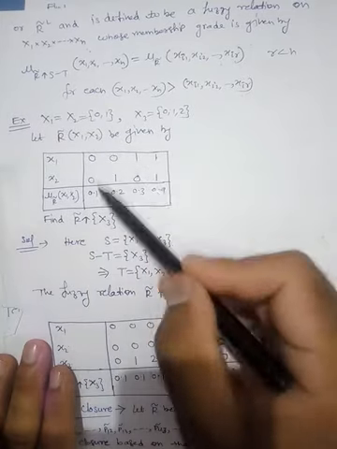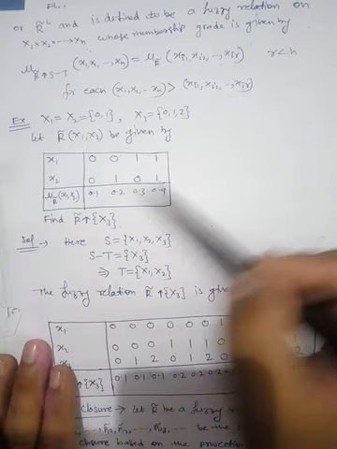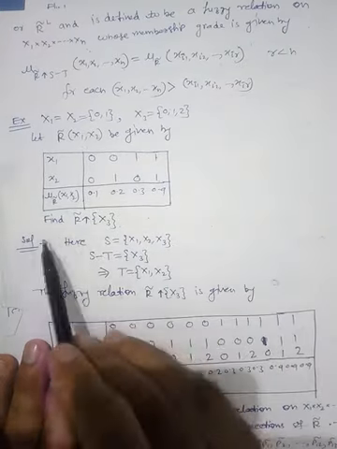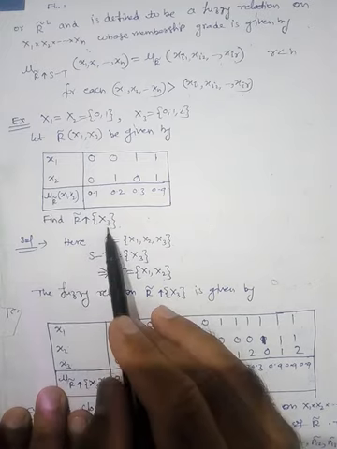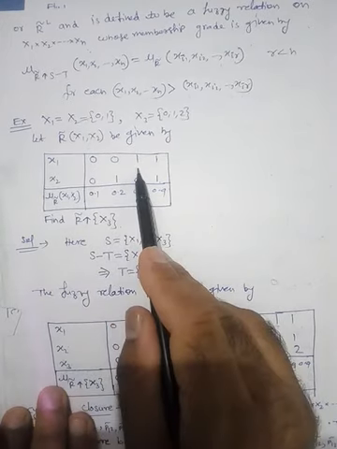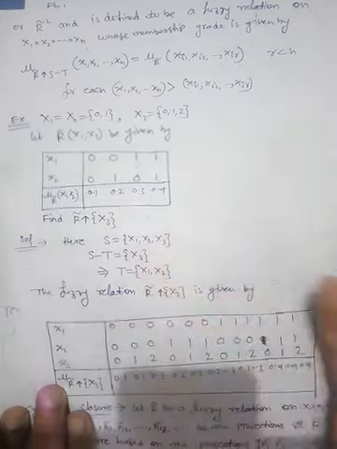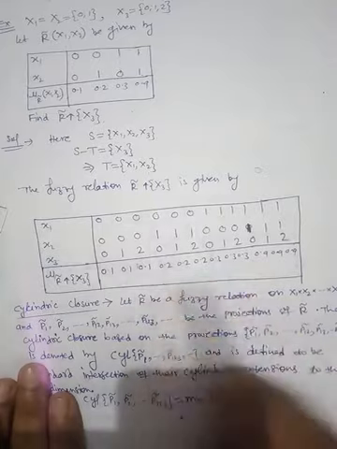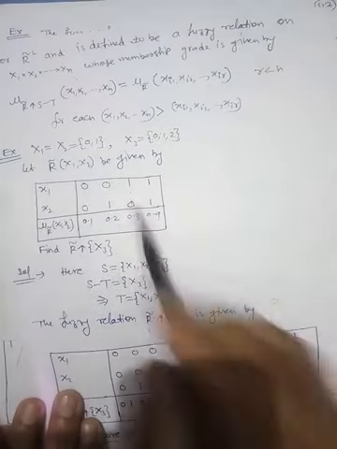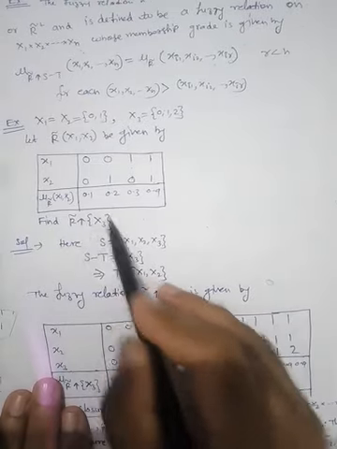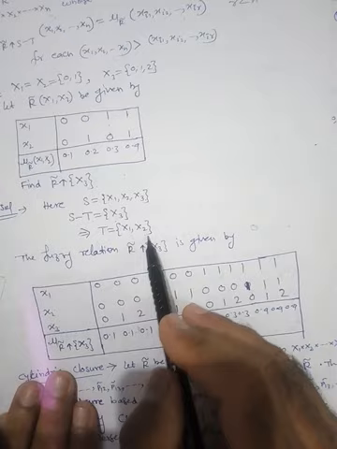So they are listed here: 0 0, 0 1, 1 0, 1 1. These are the membership of x1 x2 in R. Fine. So now find the cylindrical extension over x3. Now we want to include x3 in this. That means instead of 4 pairs we want 12 pairs. So these are the total 12 pairs. Fine. What is S? S is our x1 x2 x3. What is S minus T? This is already given to you. S minus T is x3. So what will be T? T will obviously be x1 x2.